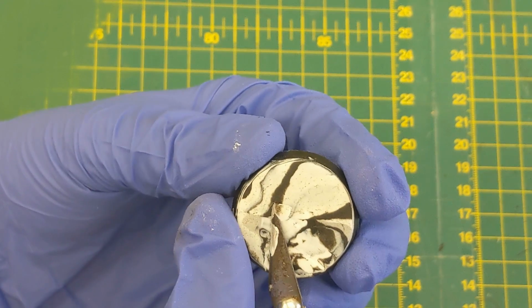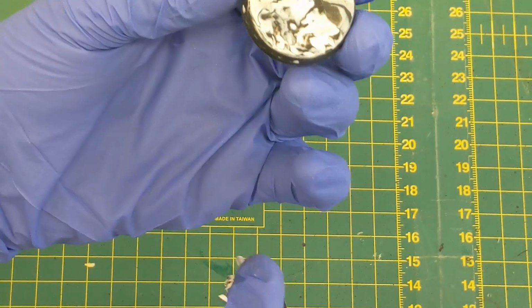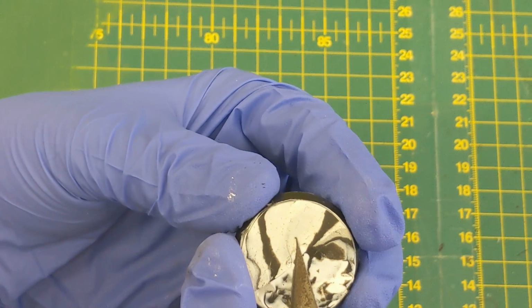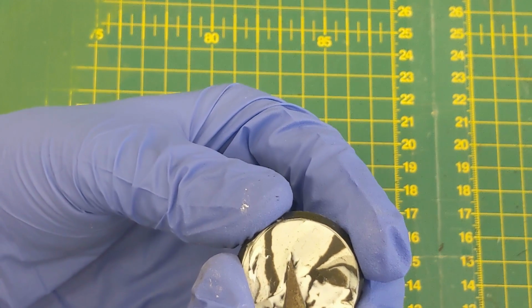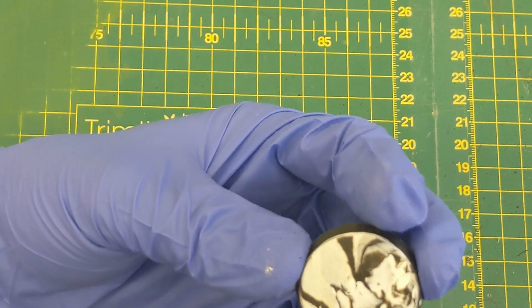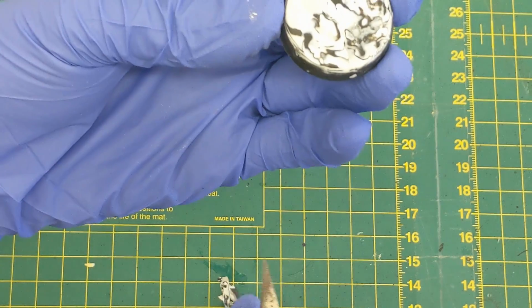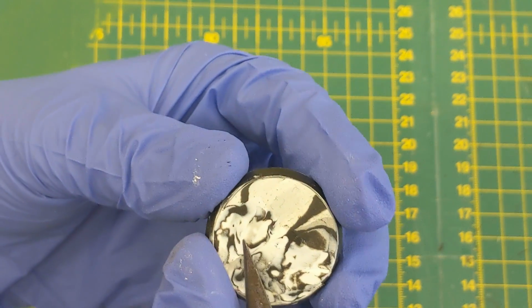Other ways of doing this are sandpaper. So what you do there is you just get some really fine grit, I'd say 300 for your first pass, and then you probably want to go down to 600 for your second pass. However,